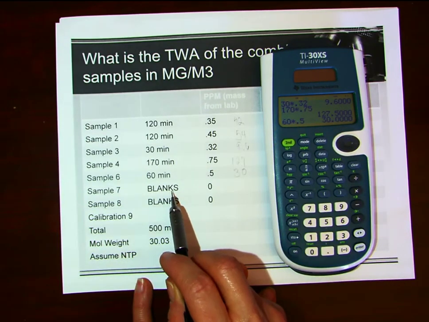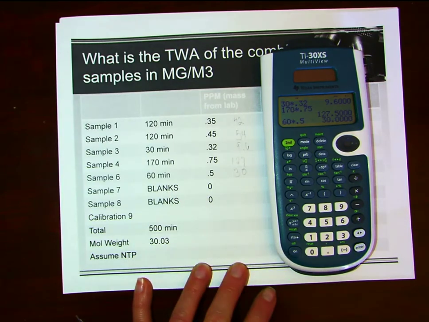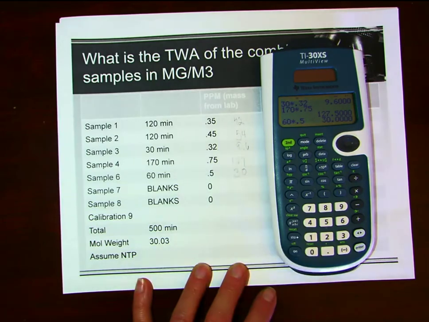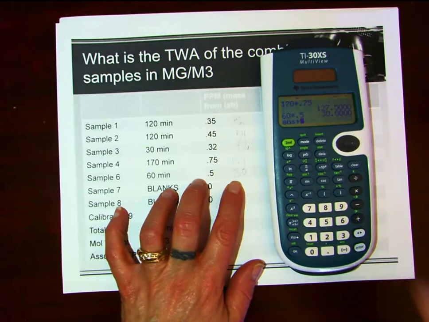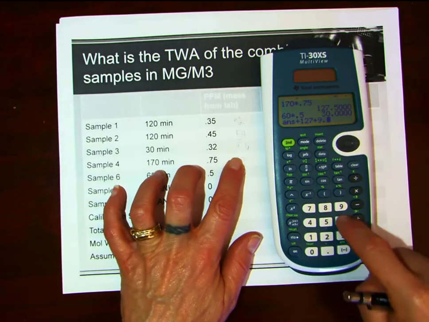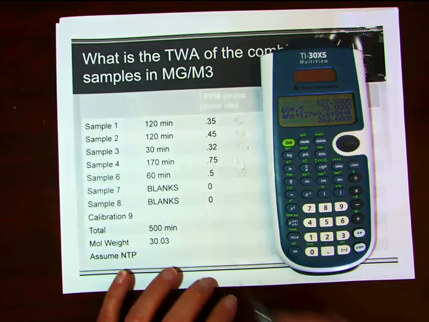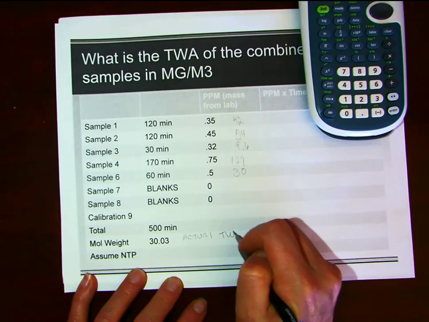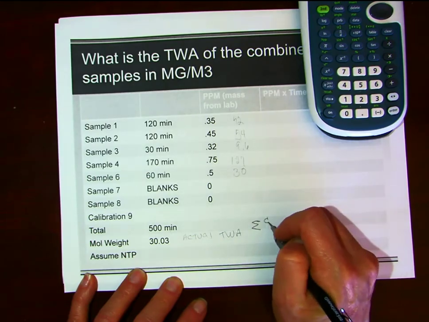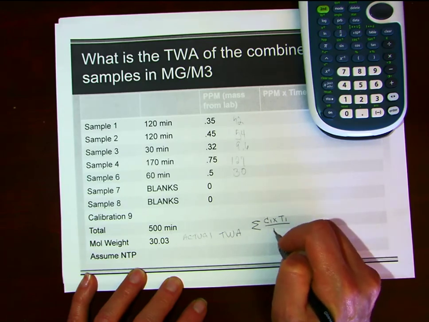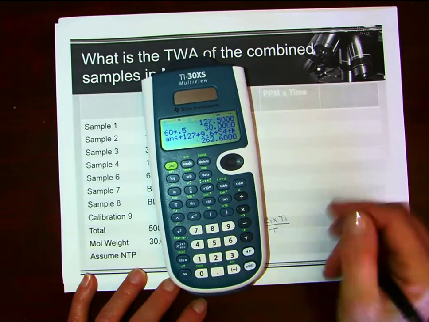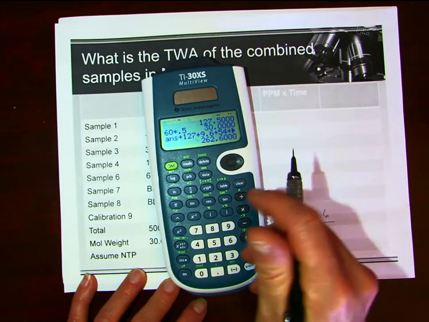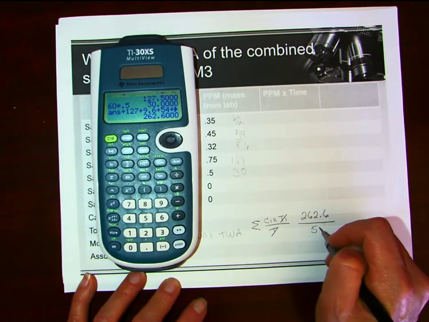You would have filled out a sample volume or a time and sent that to the lab, but of course it should come back, hopefully non-detect. When I summed all this, I got my sum of time. So let's sum my sum of concentration. So my actual time-weighted average is the sum of concentration times time over the sum of time. So my sum of concentration times time is 262.6, and then my time will cancel out, so I'll be left with parts per million, divided over 500,